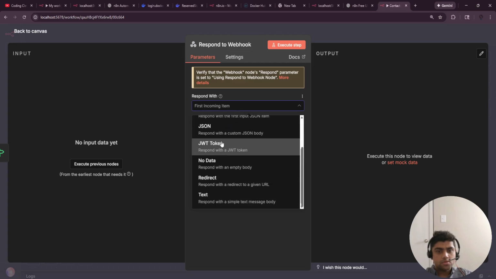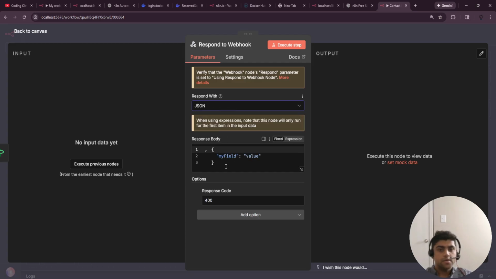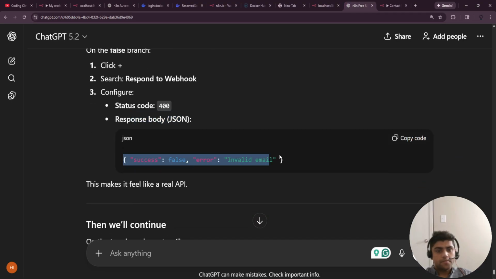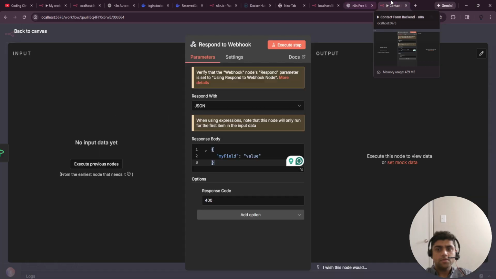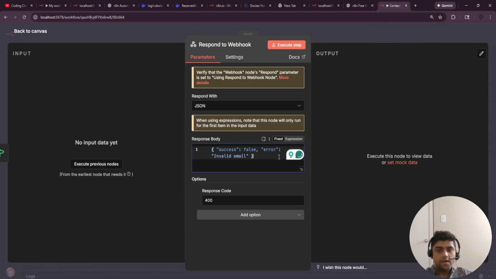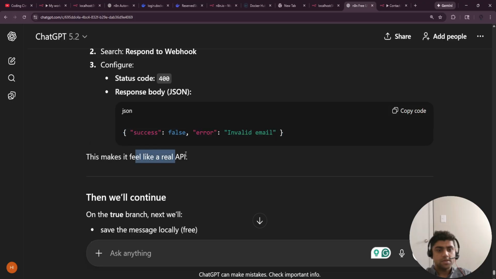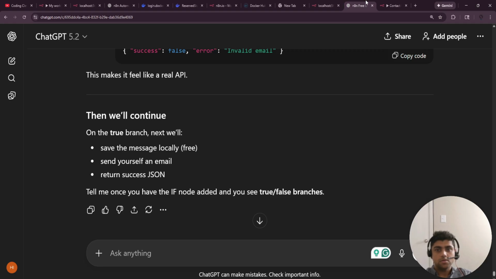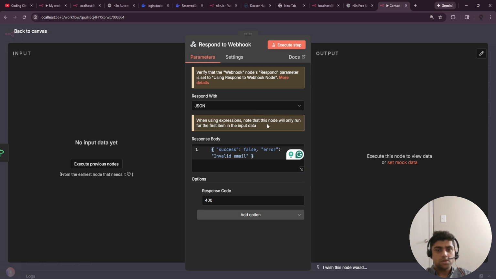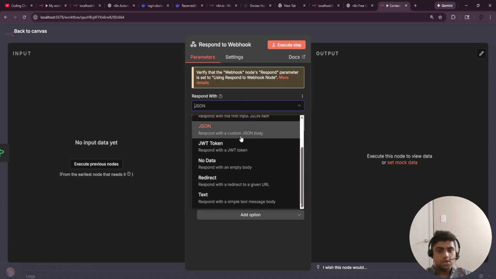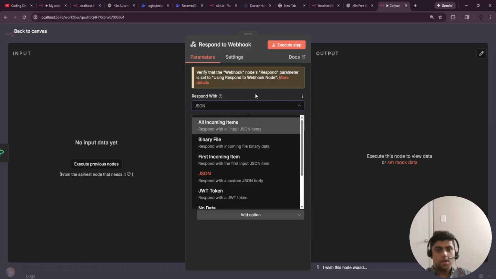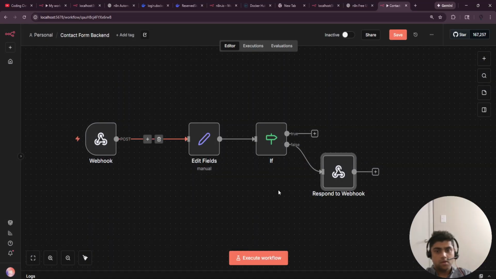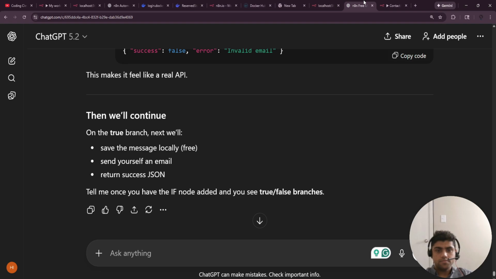Respond with a custom JSON body. Success equal to false. And value is invalid. This makes it feel like a real API. It does, actually. Key value pairs, right? And enclosed in JSON. Then we'll continue on the true branch. So when using expressions, note that this node will only run for the first item in the input data. Okay, I just did that. Let's go back here. For the true one,